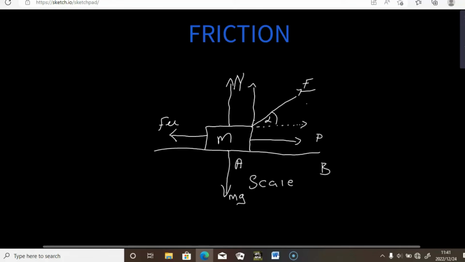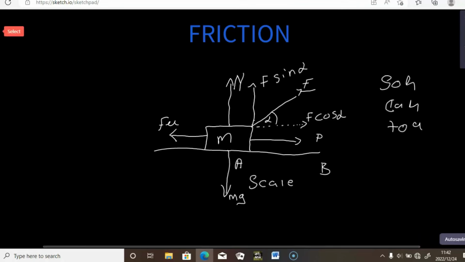So to calculate for them, we're going to use trig ratios, which is SOHCAHTOA, we know them. So this one will be F cos alpha, and this one will be F sine alpha. We're using the trig ratios to get the magnitude of each component, which will be the component that